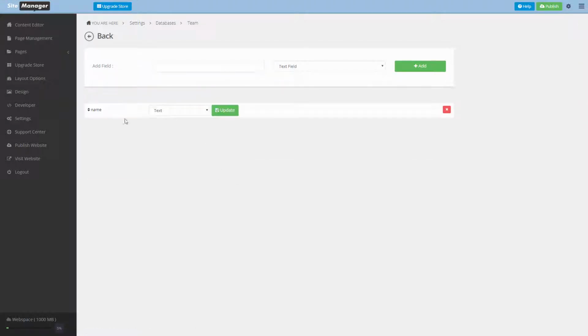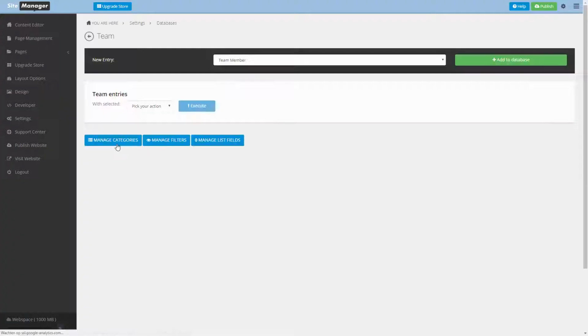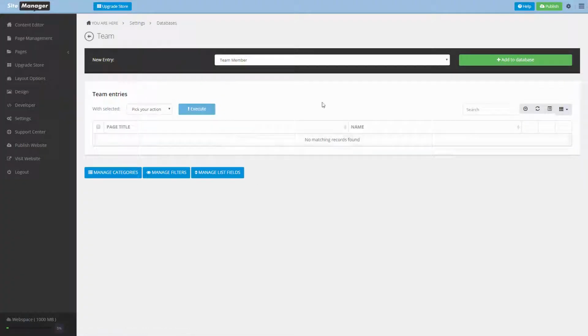And your list fields, these are the fields that you use for ordering your query in the database list. So we are now ordering our team members by name, but if we would, for example, also want to make a list where we order our team members by job function, we would add job function and a text field, or date added, etc. So you have three types of input fields that you can choose from. You can ask for a text field or a number field, and of course a date field. So you can update it afterwards or delete it, but in this example we're going to work with our name